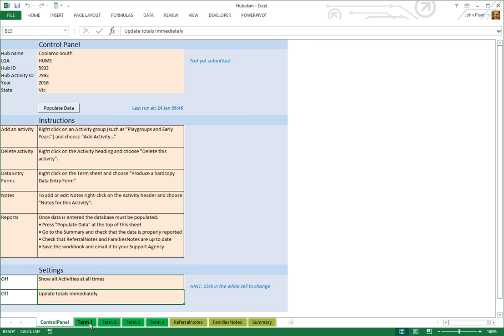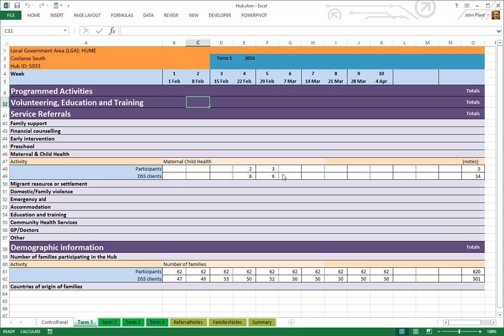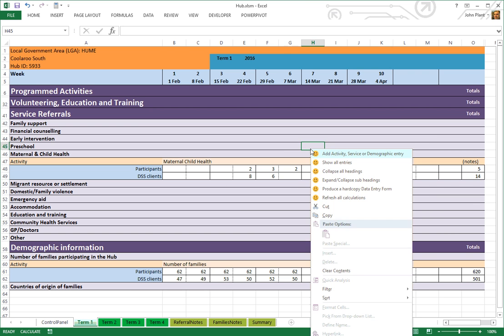Update totals immediately. What does that mean? Right, if I change a total here, now we know we've got a total of 5 there. So if I change the count on that line, that didn't change. Okay, now one way to change that is to refresh your calculations,